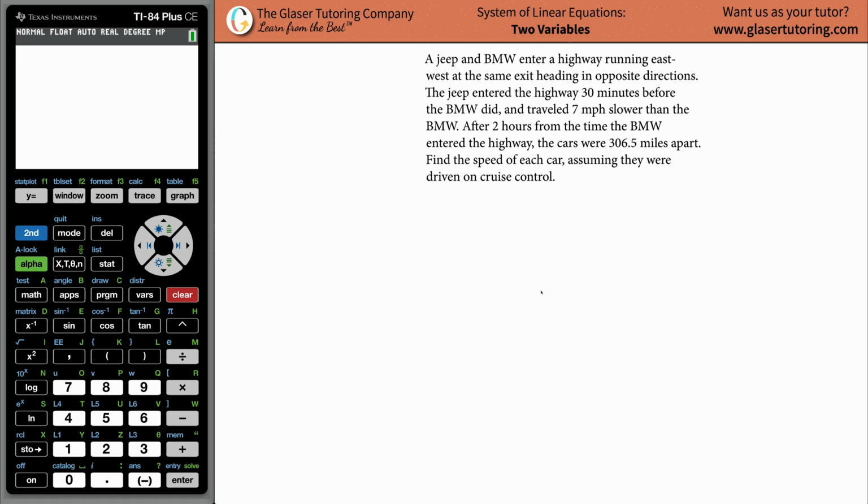Hey everyone, what's going on? Christina here, and today we're going to be talking about systems of equations, two variables, with a Jeep and